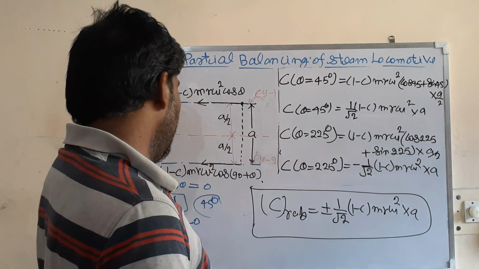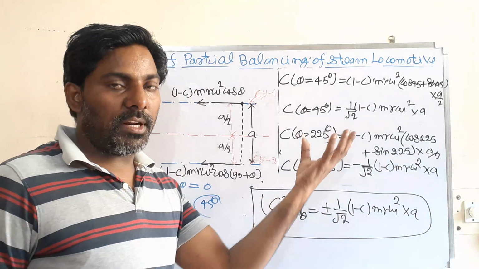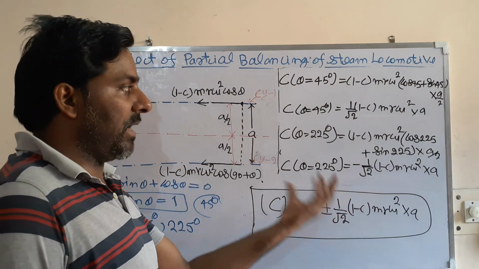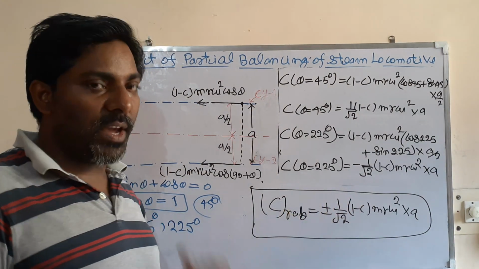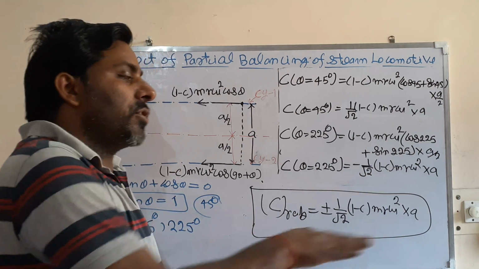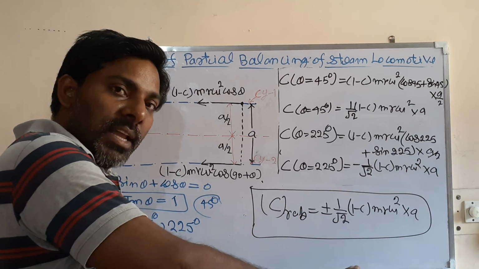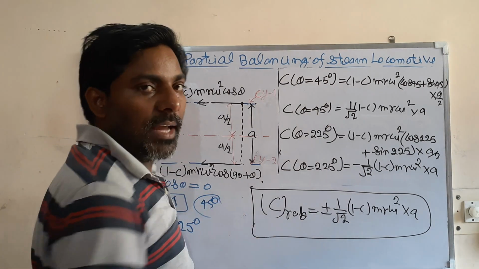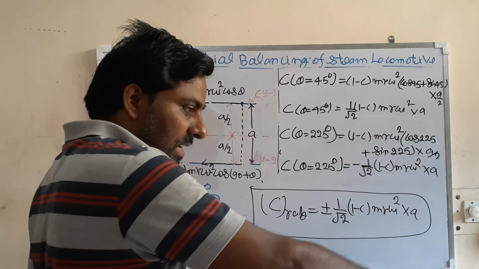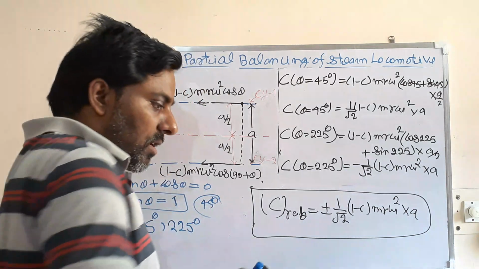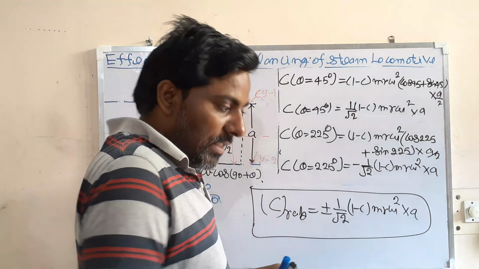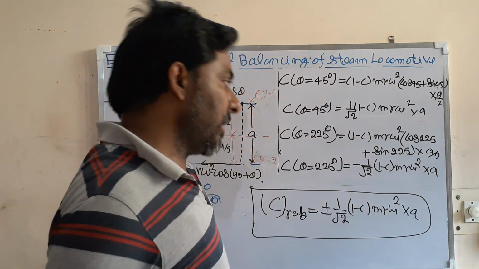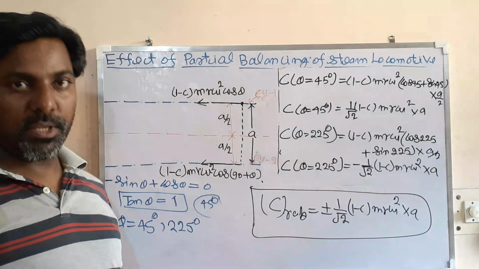So you have calculated its general expression, what is the maximum value, where this is maximum, where this is minimum, and what is its range. So this is for the swaying couple. When you see from the top, they are turning in the right and left direction like that. This is just like steering. You can feel it when you are sitting in the train. So that is the swaying couple. Okay, thank you very much.